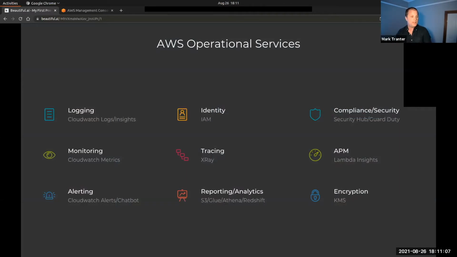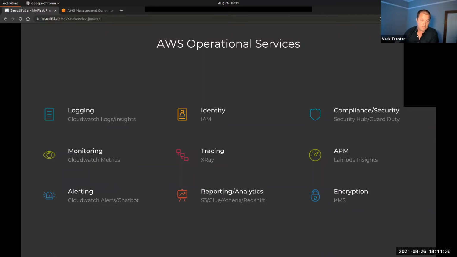Touched on a few of them here. So for logging, monitoring, and alerting, we can use CloudWatch. Obviously, identity management and IAM. Incidentally, identity management and IAM tends to be what a lot of people get caught up on in deploying serverless applications. It's really, really not trivial inside AWS. AWS have a great product called X-Ray that if I have time, we'll do a bit of a deep dive on later on towards the end of the talk.